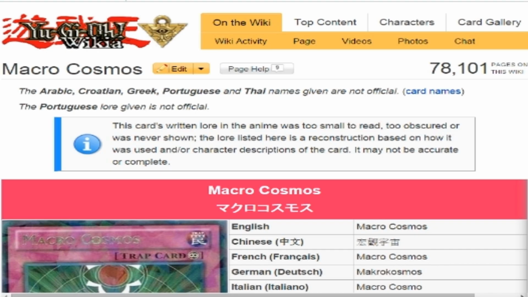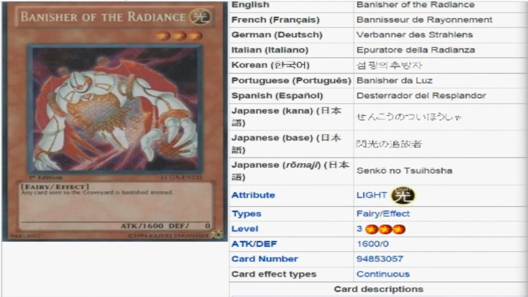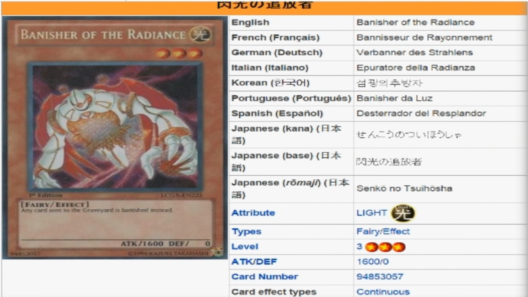And then the next card is Nekroz Cosmos. Because obviously they want to utilize that graveyard. So since they want to utilize that graveyard, we're going to rip that graveyard apart with Nekroz Cosmos and Banisher. Banisher is not that great of an option because they can easily run it over. But here's the thing about Banisher. If you have it with tons of back row, stuff like Mirror Force or, I wouldn't say Torrential Tribute, I would say more stuff like D-Prison,